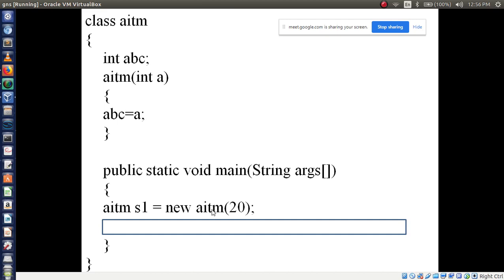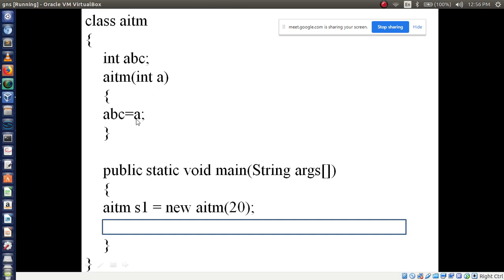Here, in previous examples you have seen only new AITM and close the bracket, right? But here a value is there. The value I am passing is 20, right? So this 20 will go to where? Here. In place of int a it will accept 20.